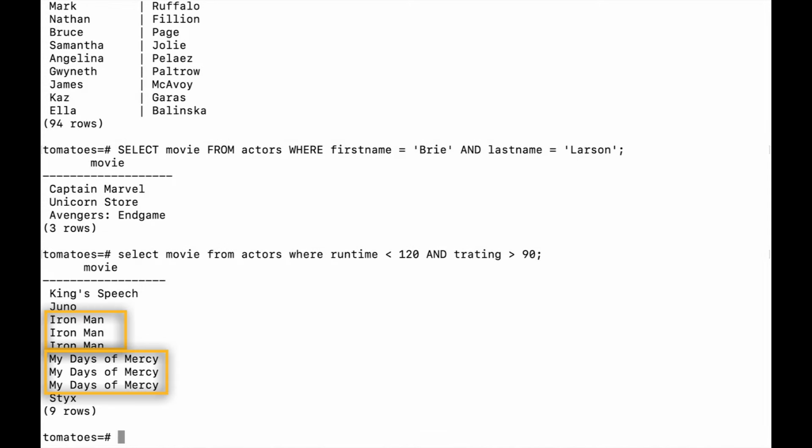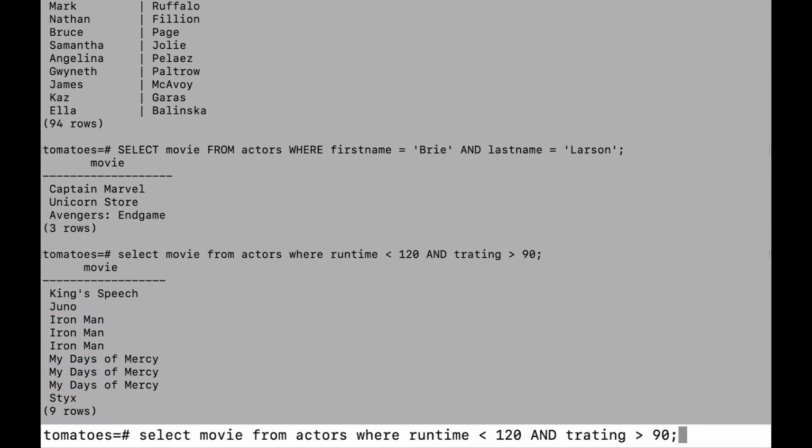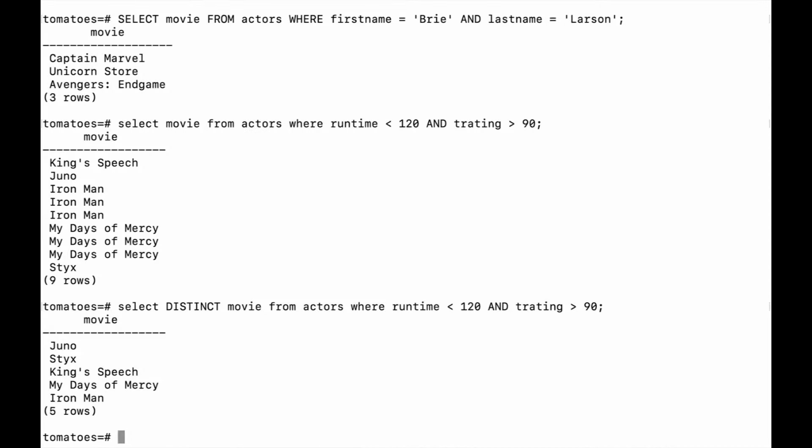So we see repeats. How do we get rid of those repeats? I'm just zipping along here. We put the word distinct in front of it. And there we get these are the movies that are under 120 minutes long and have a tomato rating of